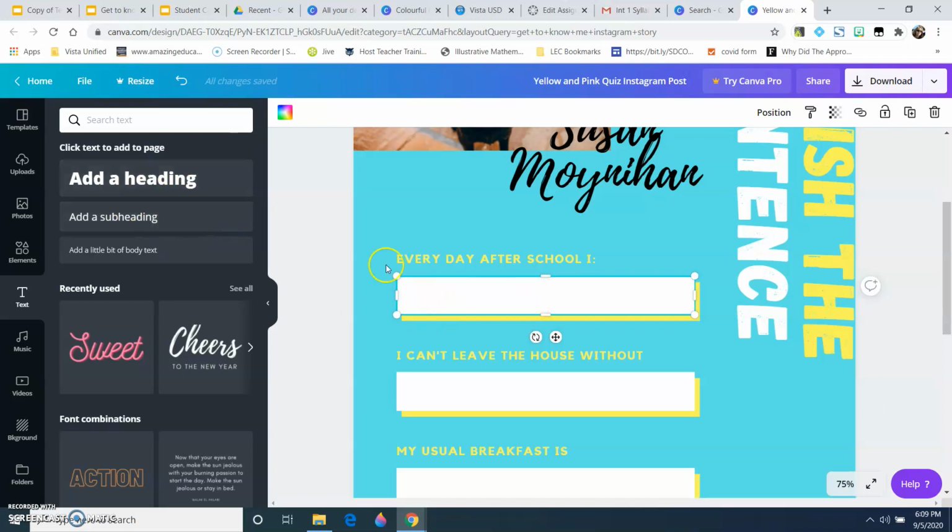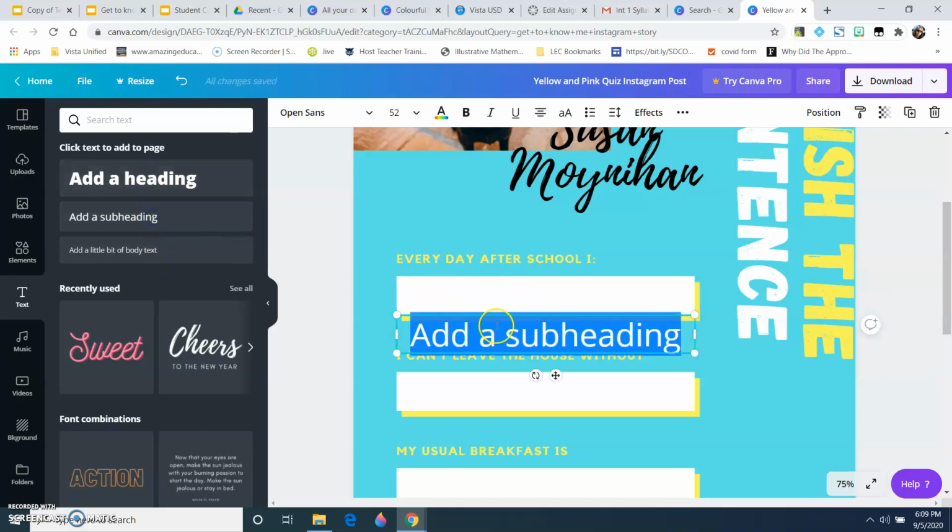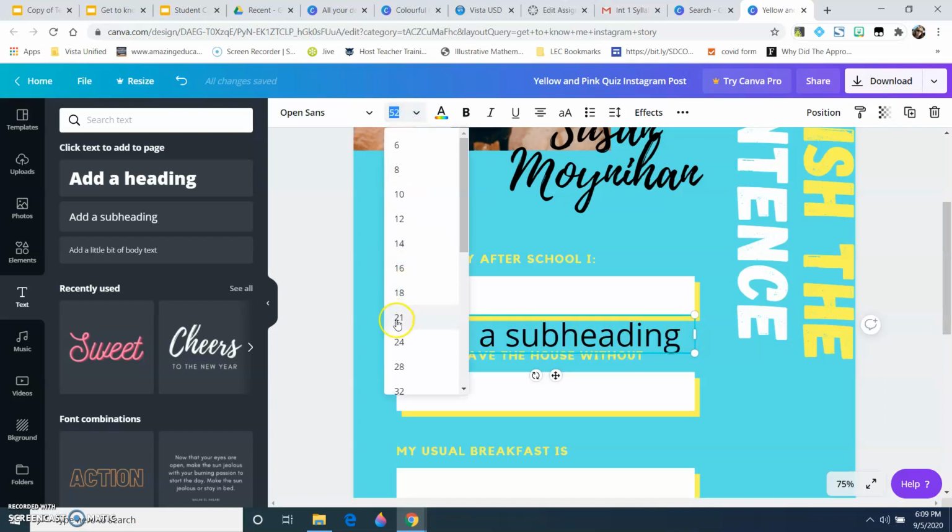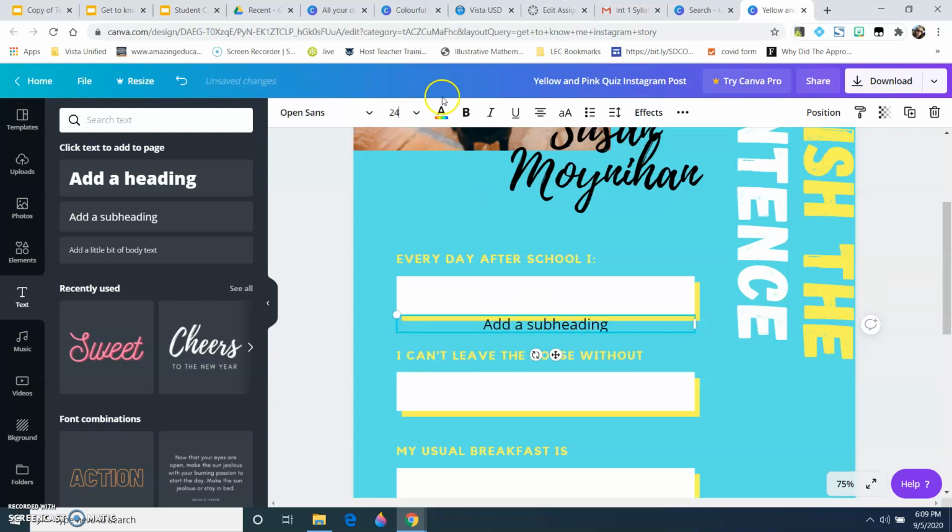Probably the easiest thing to do for your text in here is add your subheadings, and then you can change the size, maybe 24, a little bit bigger. And I can put this in here and type every day after school I